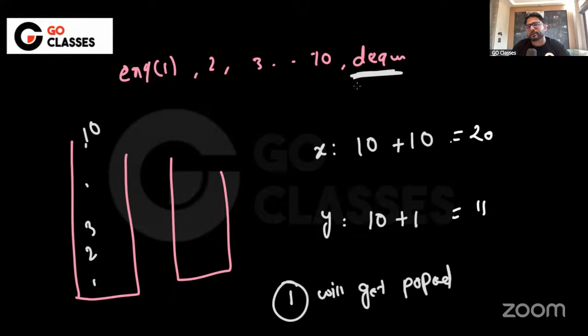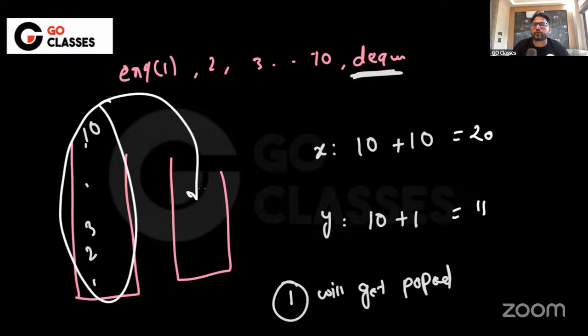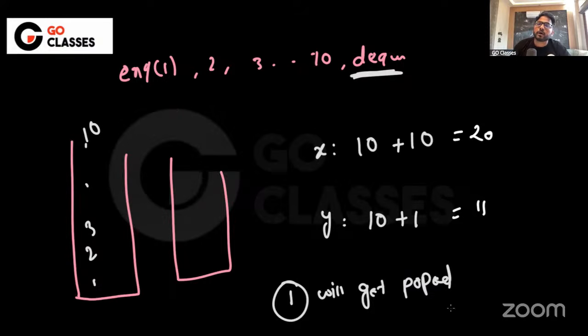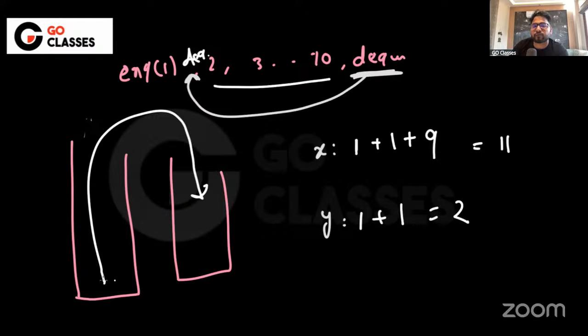See, what is happening? Just to DQ1, okay? Earlier, just to DQ1, I have to unnecessarily transfer all of these elements from here to here. And then only I can DQ. But what if I DQ immediately? Then there is no unnecessary transfer of anything, right? There is no unnecessary transfer of anything. Is this fine to everyone? If I DQ immediately, then there is no unnecessary transfer of anything. For example, if I DQ immediately, then because of one, no one is getting unnecessarily transferred.